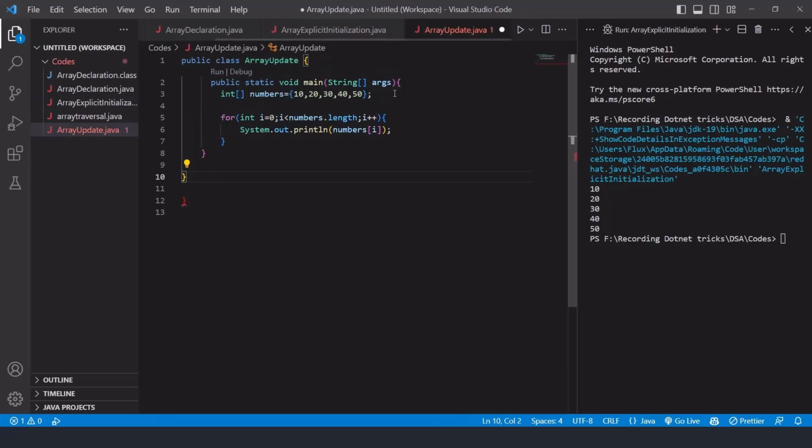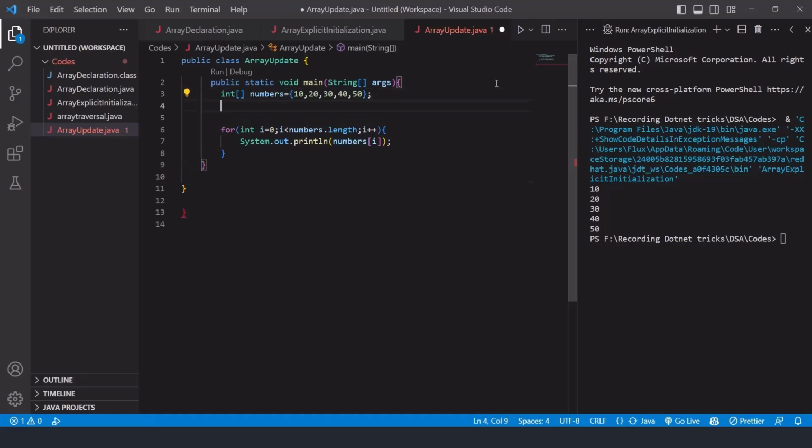So I pasted. Now here, what we don't need — we want to only modify any elements, and we want to see if that is modified or not. So what you're going to do is, suppose we want to access and modify the element at the index 2. So at the index 2, what is there? 0, 1, 2, 30 is there, right? So what I have to do is I'll write